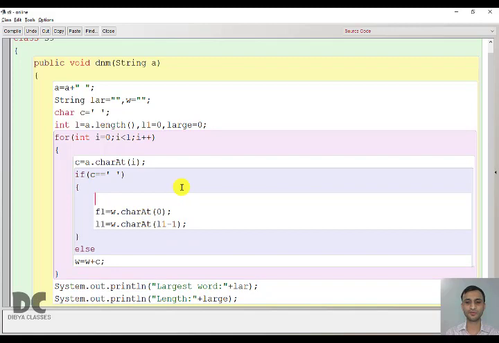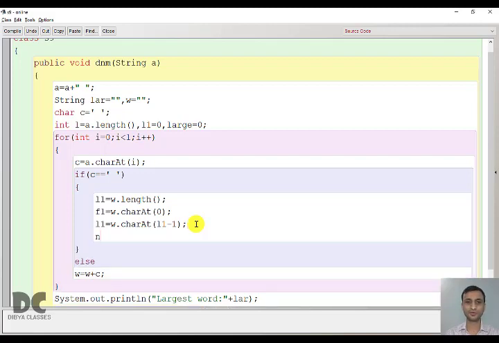So we also need to find the length of the word. So 0 is the first character and L1 minus 1 is the last character of the word. Then what we need to do? We need to create a new string where we are going to join these extractions of the letters: ns plus f1 plus L1 plus space.